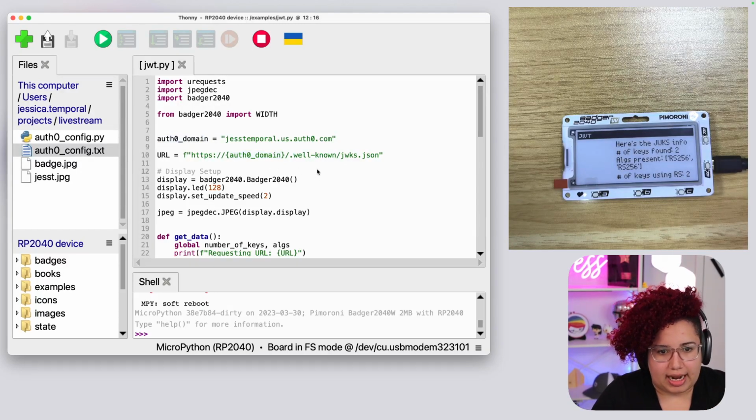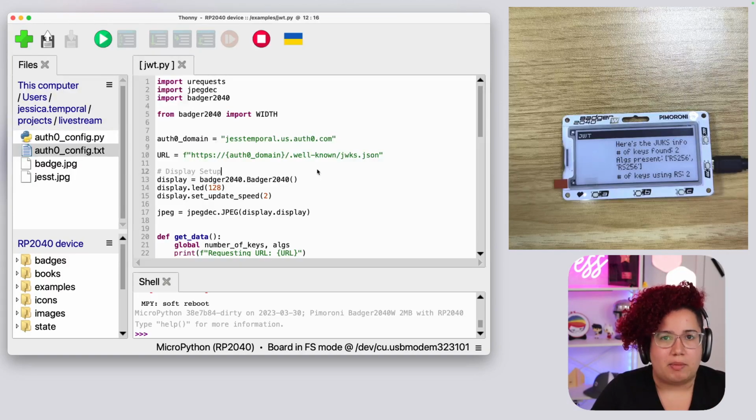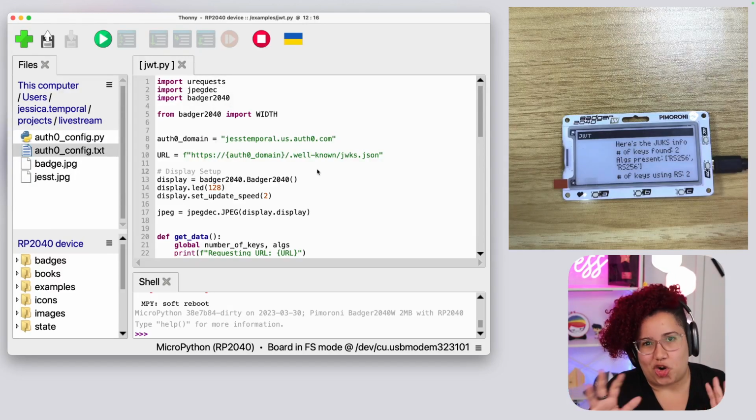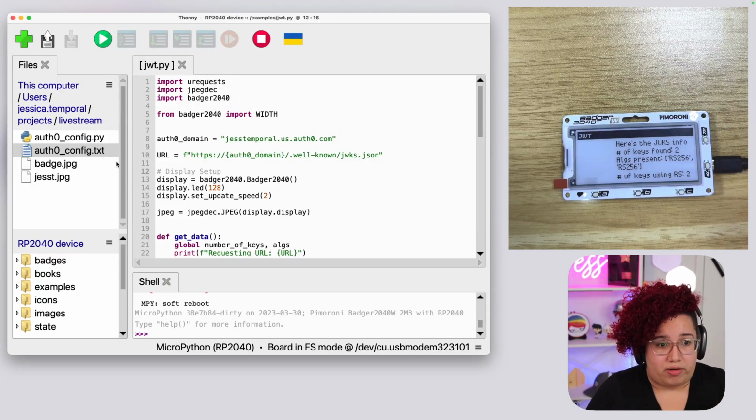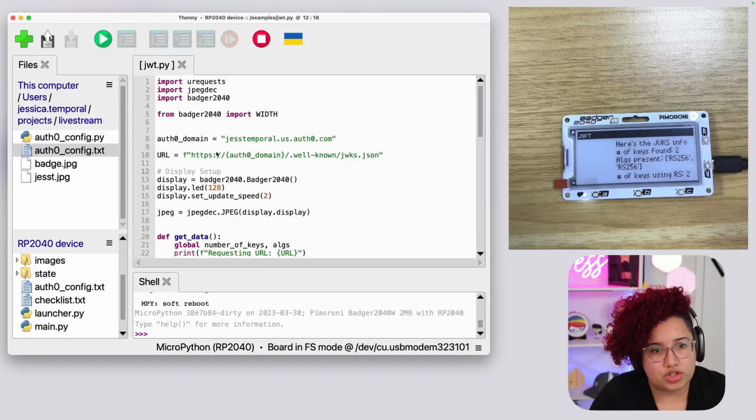Most of the work that I like to do when I'm developing something new is I try everything and see if it works, and if it works, then I can make it look pretty and make the code better. That's how my brain works, I guess, because I need to try things, see if they work, and then I understand how things are working, and I can organize everything. So I already have this Auth0 config txt on my badge device, and right now I'm not doing anything with it, so I'm going to change the script and see if it works.